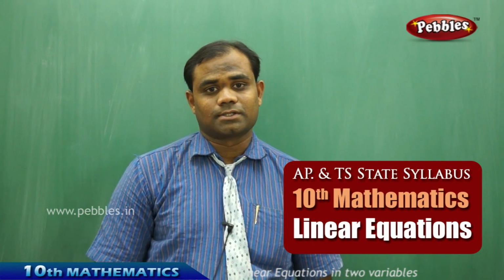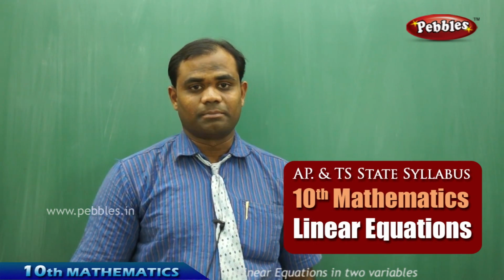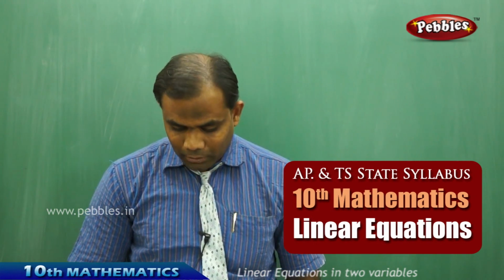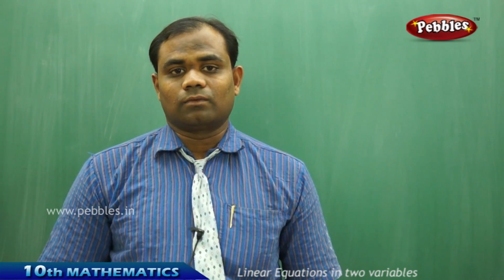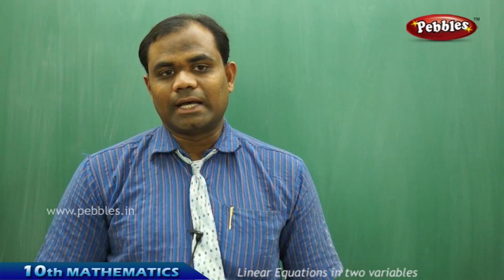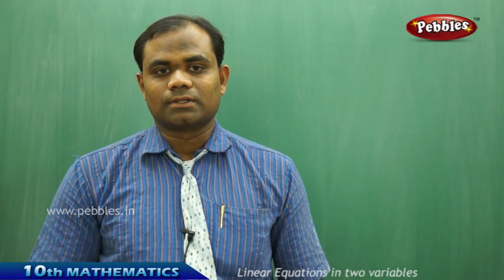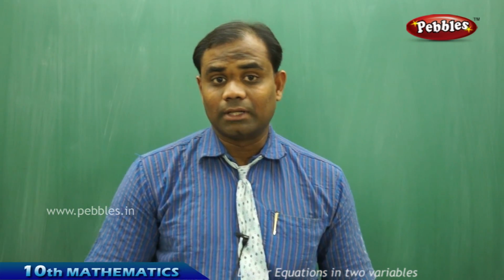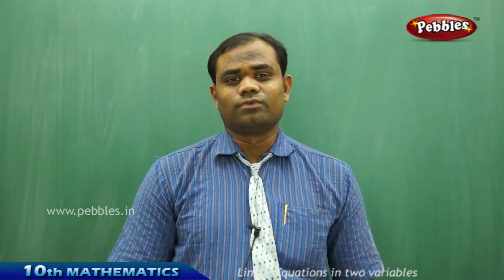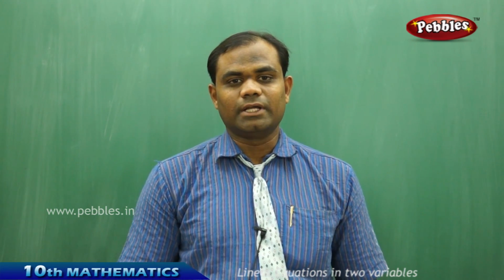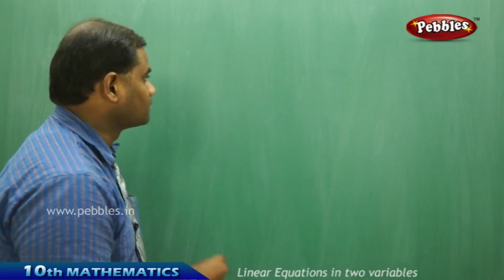Linear equations is what we have already discussed in case of polynomials in the previous session. A linear polynomial is a polynomial with degree 1, and if I have one variable, we call it a linear polynomial in one variable. If I have two variables, then we call that a linear polynomial in two variables. Similarly, a linear equation in two variables is an equation which is linear and consists of two variables. Say for example, I take